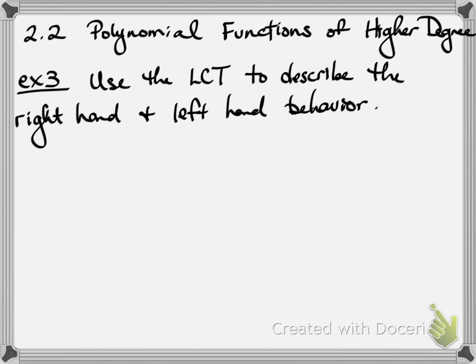Okay, so we hadn't quite done this yet, but we had used the leading coefficient test to get a good sketch. So part a is f of x equals x to the fourth minus 5x squared plus 4. So I challenge you to go ahead and pause the video and look back in your notes and write down what you think the leading coefficient test is going to tell us. You'll see degree, and you'll see whether it was positive or negative. So you'll see that there. So assuming you went ahead and paused the video,